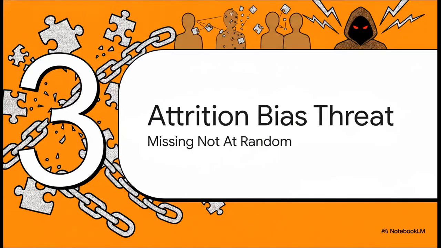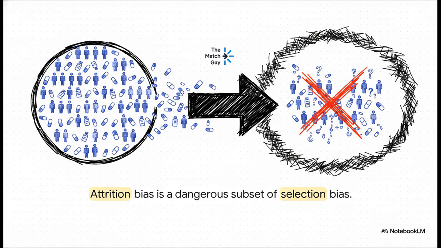The attrition bias trap. But what happens when the data loss isn't just a random mechanical glitch? A profound threat to validity happens when data is missing not at random. This means the probability that a value is missing is directly tied to the nature of the missing value itself. And this brilliantly illustrates attrition bias, which is a seriously dangerous subset of selection bias driven by severe non-response. When a huge chunk of participants just vanish, that beautiful, perfectly randomized baseline balance we established earlier is permanently